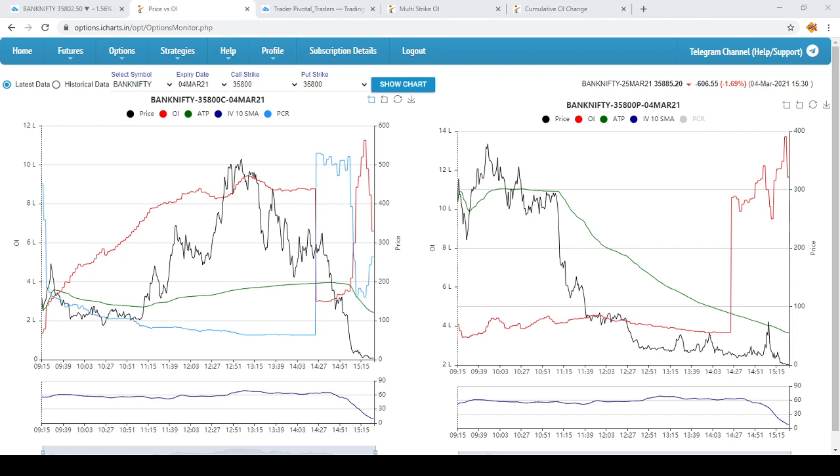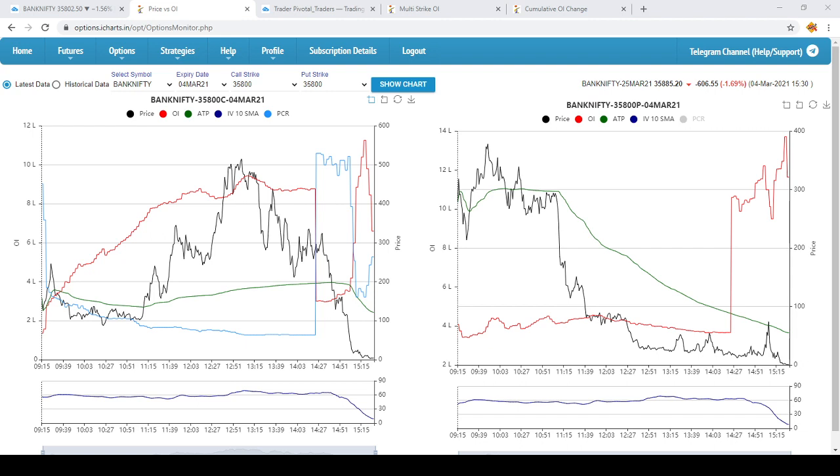higher and higher price. It goes to 300, they were writing more. When it went to 400, they were writing even more. So this was done by big players. On the other end, if you see on the right side, the price of the 35,800 PE kept on falling, and even if it was falling,